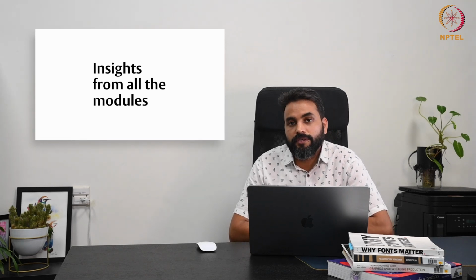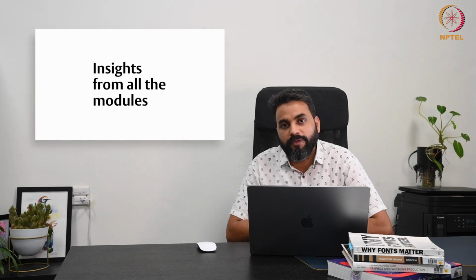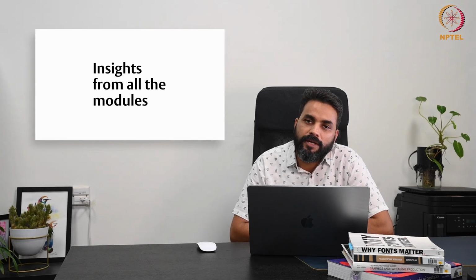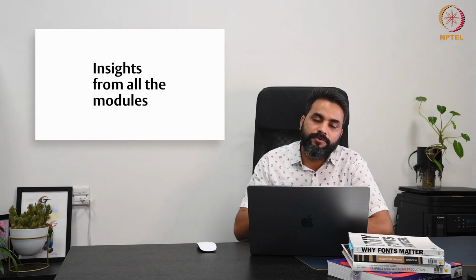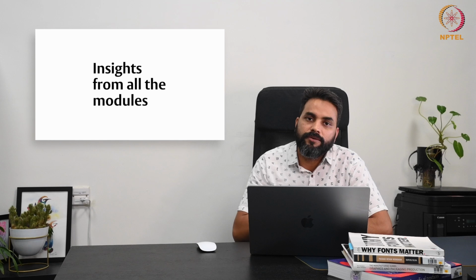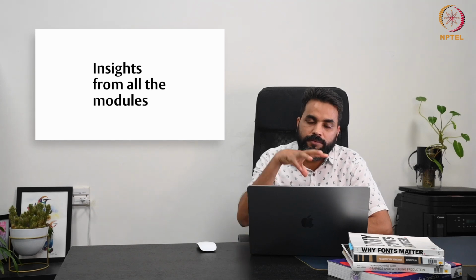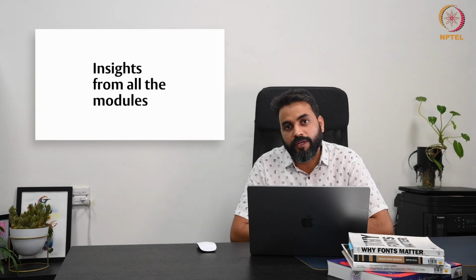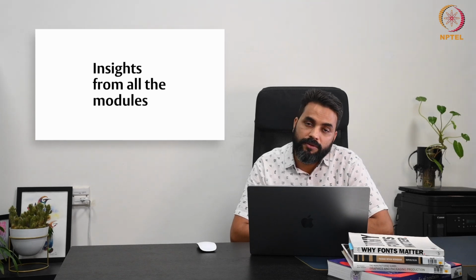And then we looked into print and publication design. So the whole course was about understanding how these different facets of graphic design, which is a big umbrella, come in and help create a very strong message, and also help the designer communicate with the user in a very effective manner.